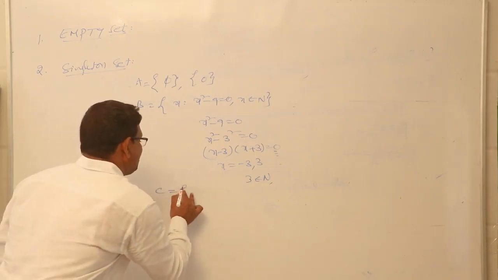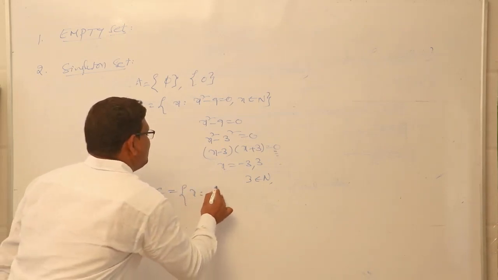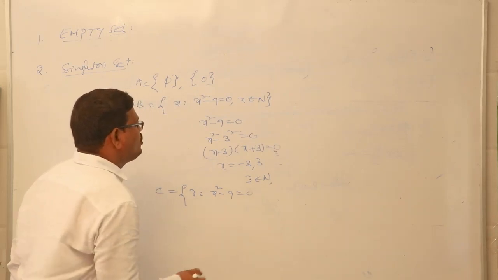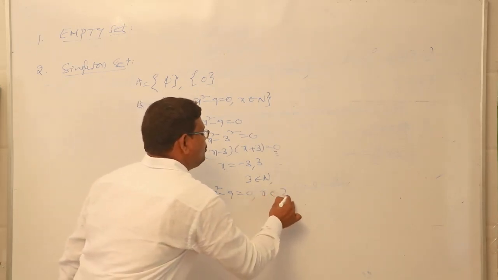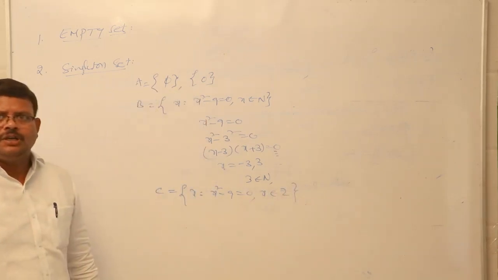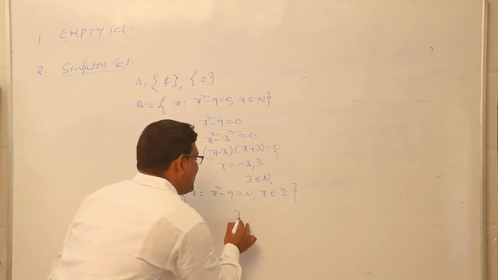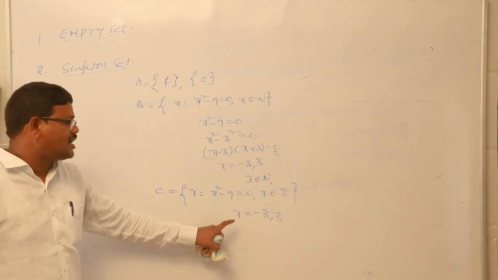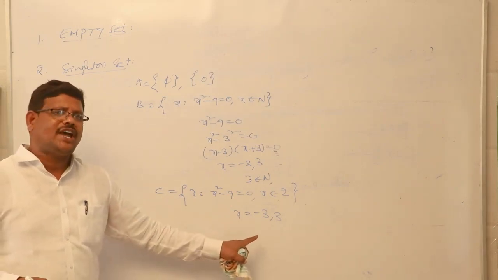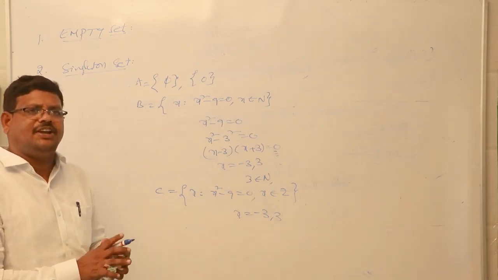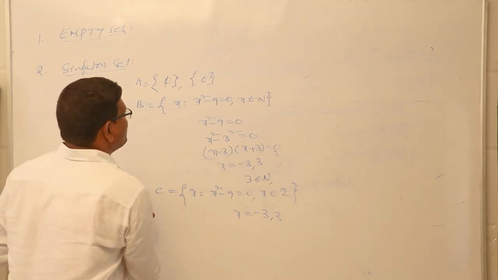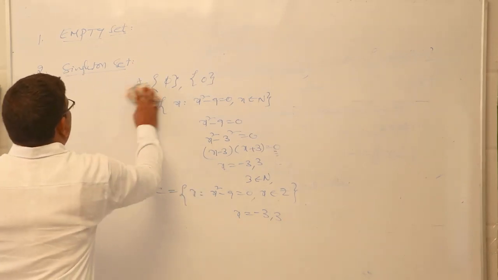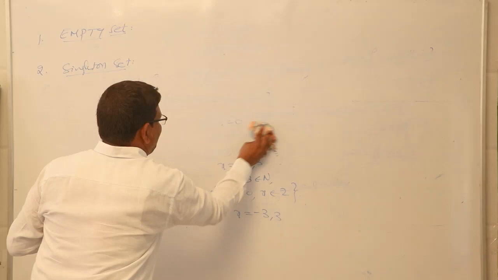But if you consider x such that x squared minus 9 equals 0, where x belongs to integers, here we have x equals minus 3, 3. This is not a singleton set because we have two numbers here. Therefore, this is not a singleton set. And the next one is